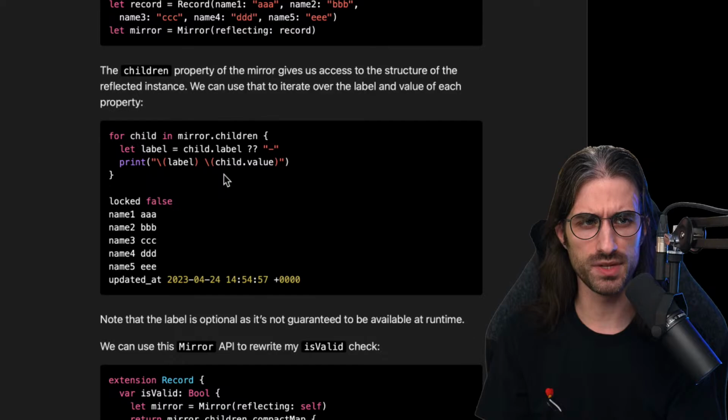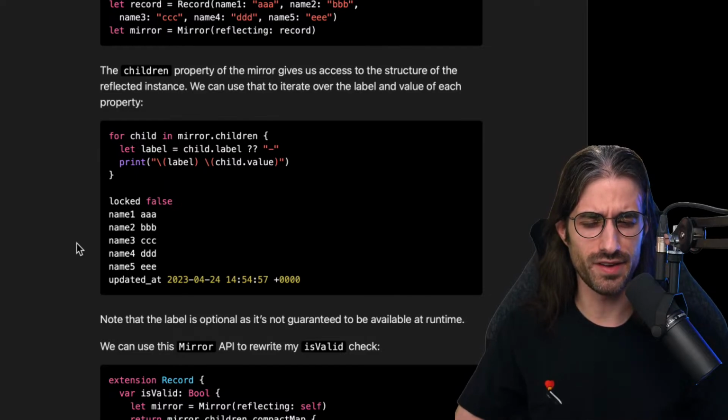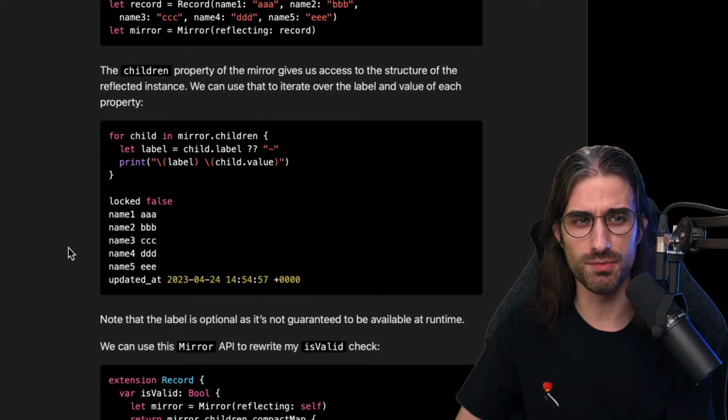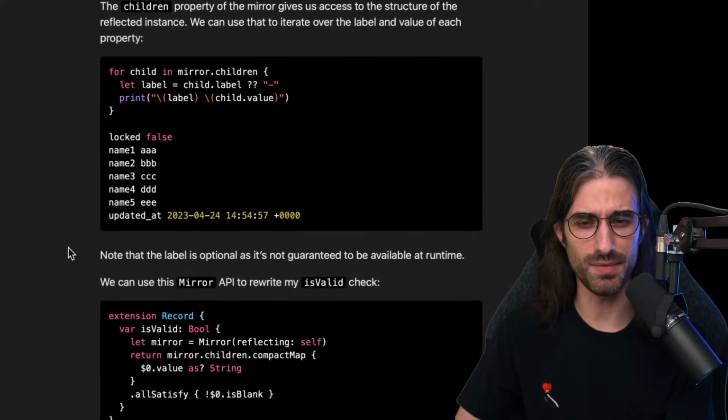You can see the label is optional because there are times where you could not have a label. Think of things like an associated value for the case of an enum. It's not mandatory for an associated value of an enum case to have a name. A property must have a name, but property-like ways to store data don't always make having a name mandatory.